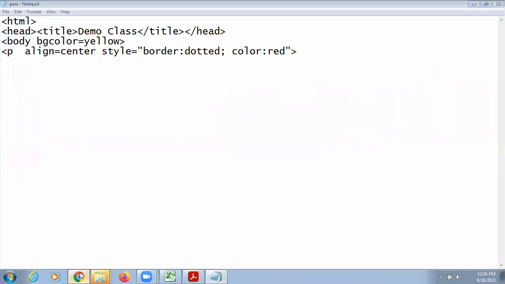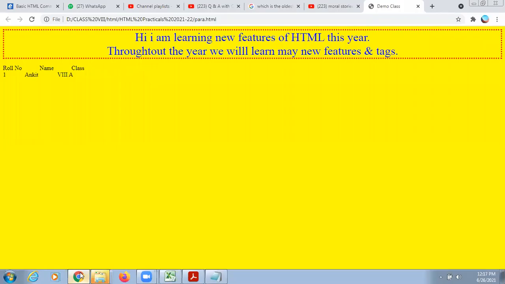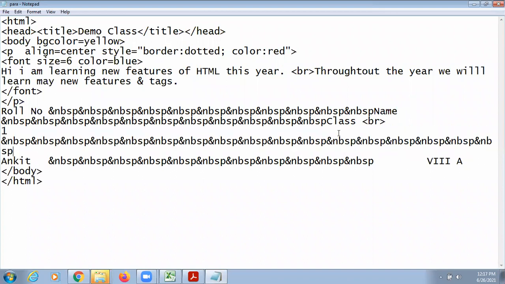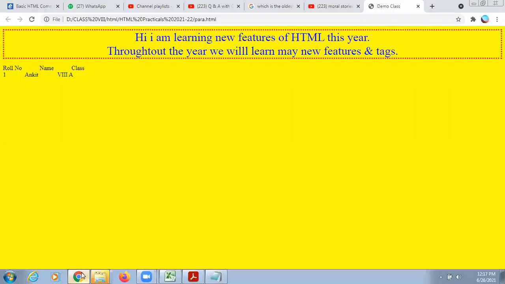Check now. I have to give some few more spaces before Ankit. Save and check. So however many spaces you want, the same number of times you have to type this word ampersand NBSP.